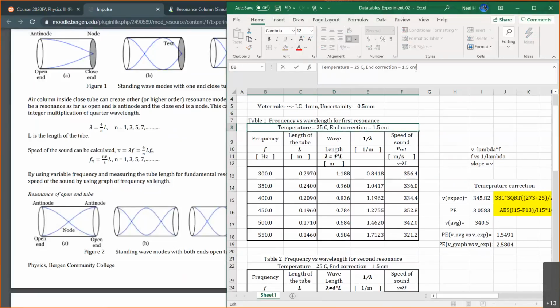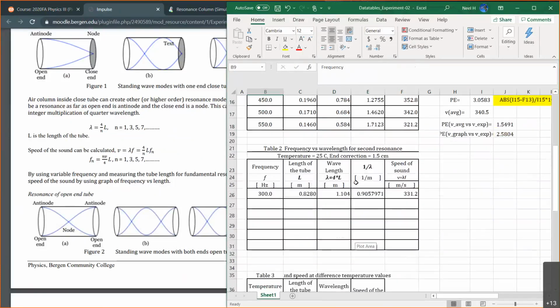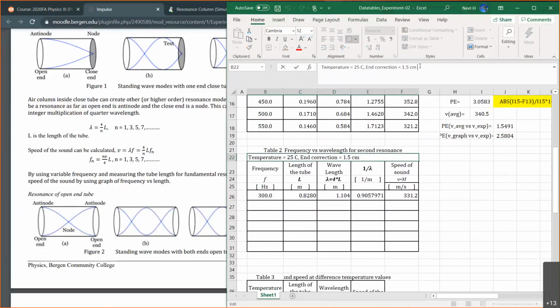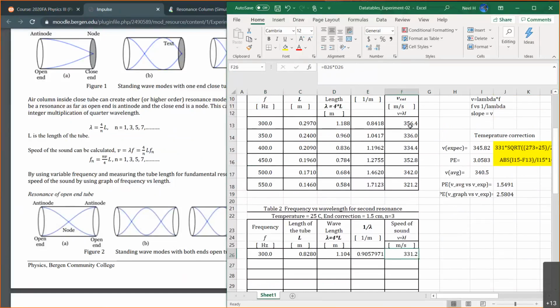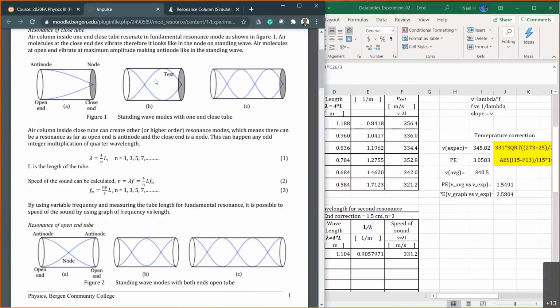Now in this case, for the first resonance, n equals 1. And then here in table 2, we are using the second resonance, where small n is actually 3. Okay, so it's actually a little bit more error than previously, even considering the end correction, but that's okay. We divide by 3, not 2, because the second resonance is actually number 3 now, because we're going to have only odd numbers of